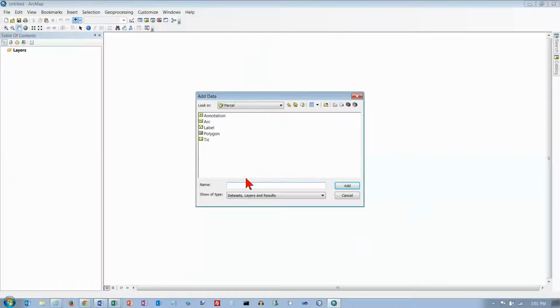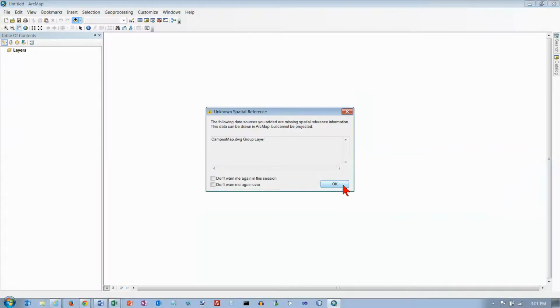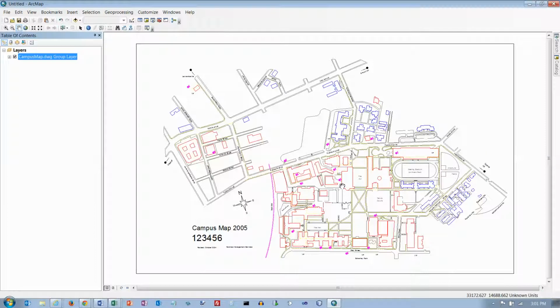And we want to go through the data folder, CMU campus, and we want campusmap.dwg. Click Add. Click OK when they warn us. And now we're on step 2 on page 188. In the table of contents, expand the campus map